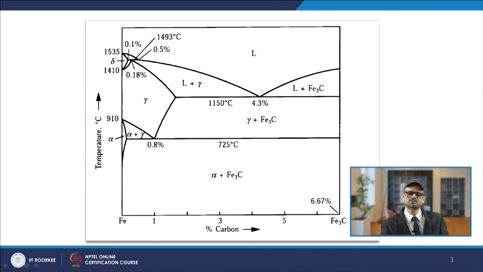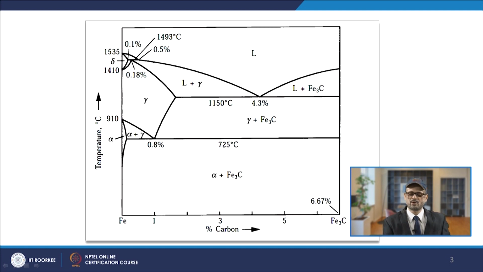Now, in this case what you see is that there is this point where the liquid basically above this point, immediately you will have a liquid zone, and once the temperature comes below this, you will have a mixture of two solid phases, that is one is gamma, another is Fe3C. So, this reaction in which one liquid is converted to two solid phases